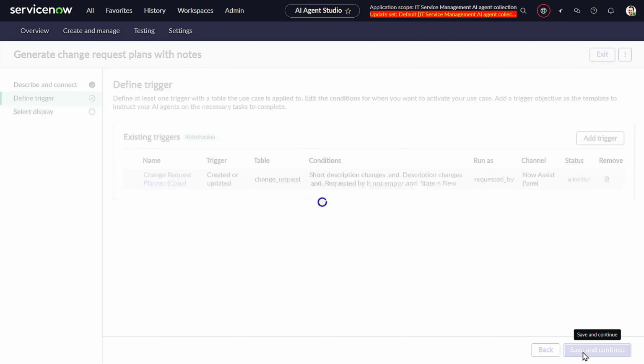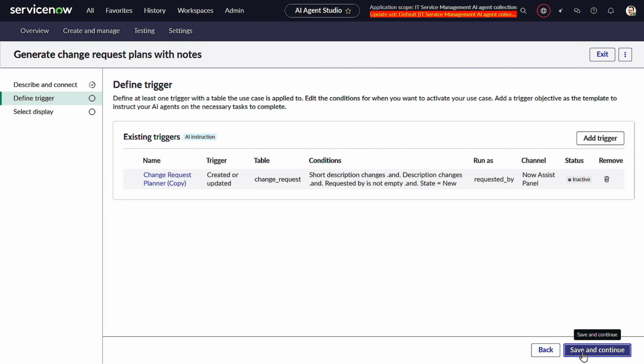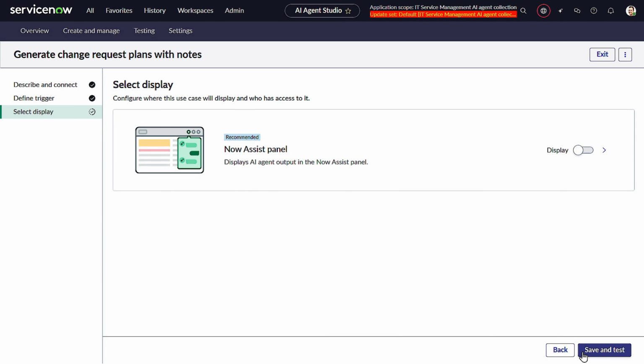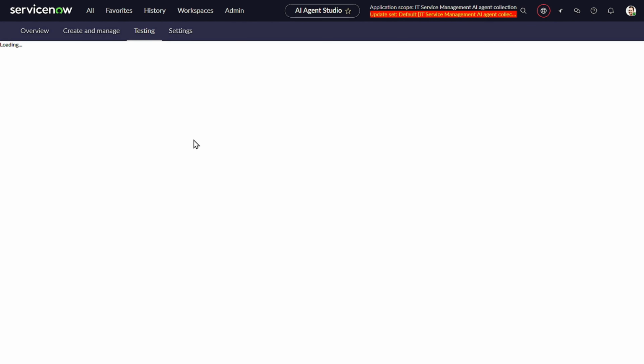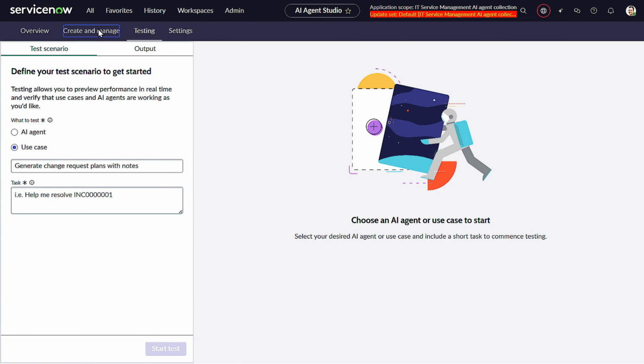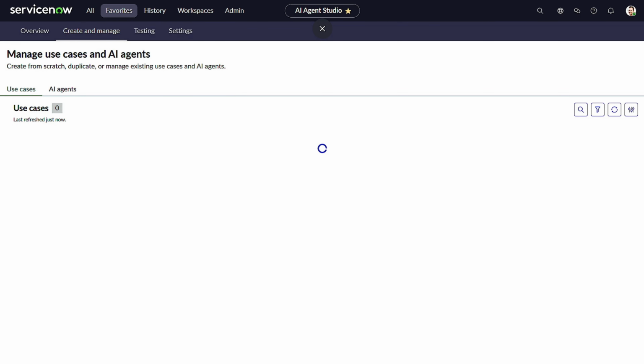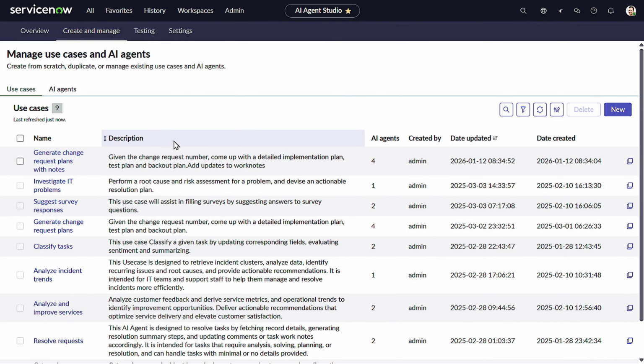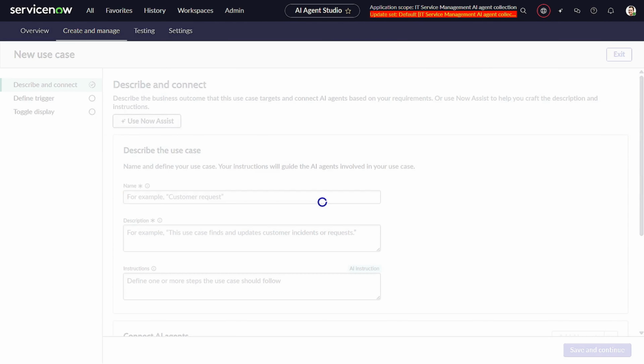We have done this, and now we can simply go to save and continue. We'll not do anything on this particular part at this point of time. We will go to define triggers, save and continue on this also, and save and continue on this. So now if I go to create and manage, we'll be able to see a new use case with work notes, right? Now we will open this particular use case which we have created,